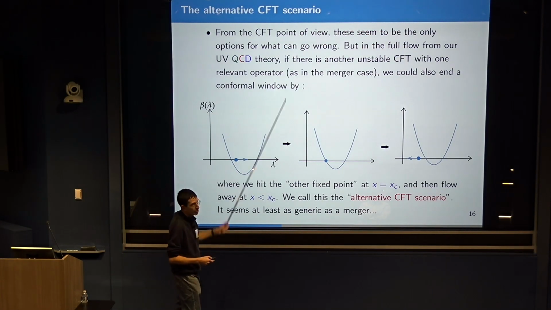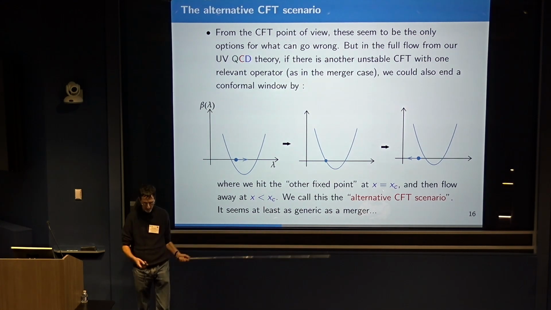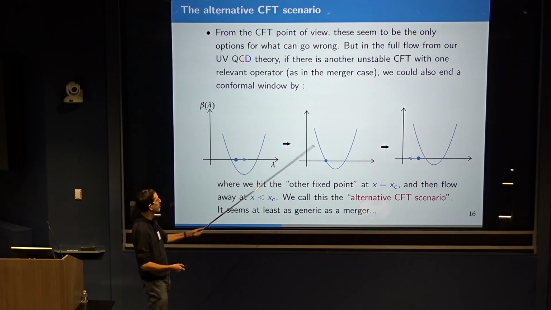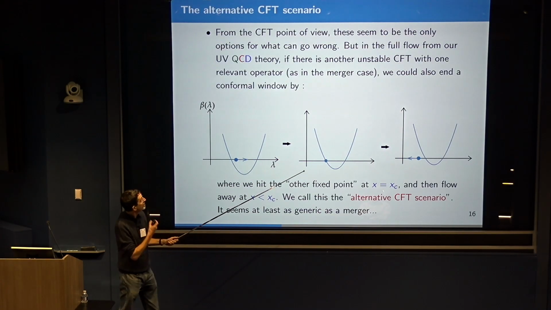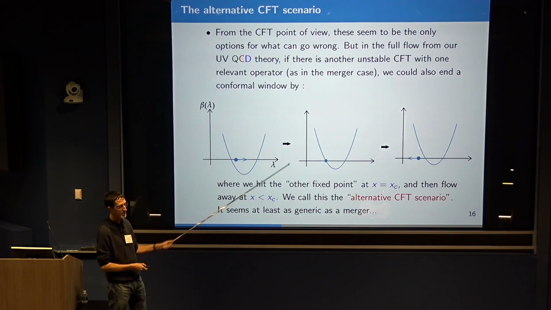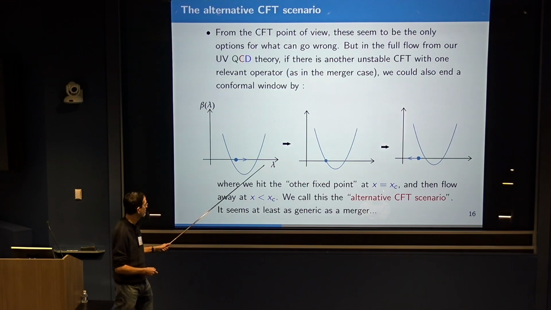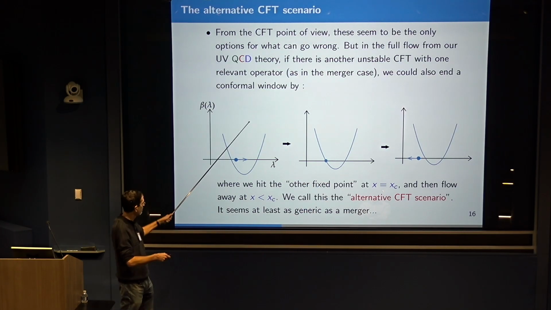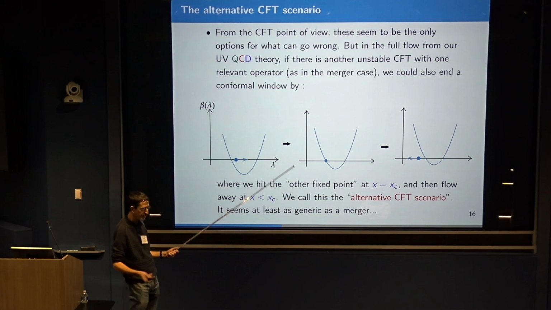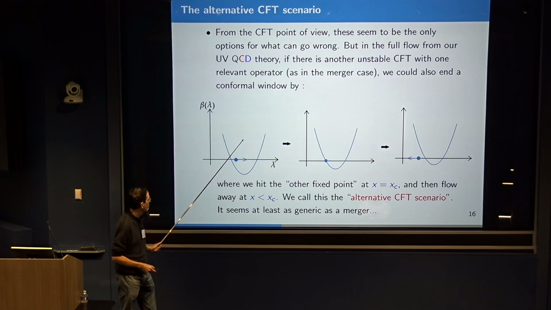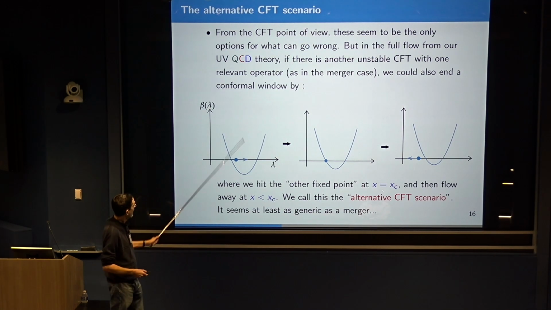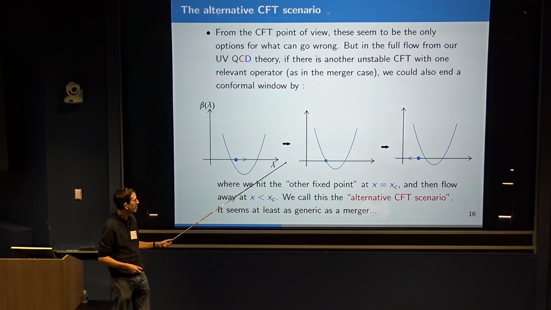Now, there are actually two additional possibilities for how this conformal window can end if we consider the full renormalization group flow from the weakly coupled theory at high energies to low energies. So one thing that can happen in the context of this flow is that this alternative conformal theory could start playing a role. So I already mentioned that if we have a CFT merger, then this implies that at least when we get close to the transition, there's actually another unstable fixed point appearing in the full space of theories. And in the conformal merger scenario, that fixed point is actually pretty close to the original conformal theory that we flow to. And then one thing that can happen as we change our parameter x is,